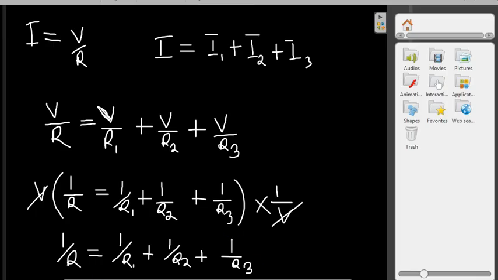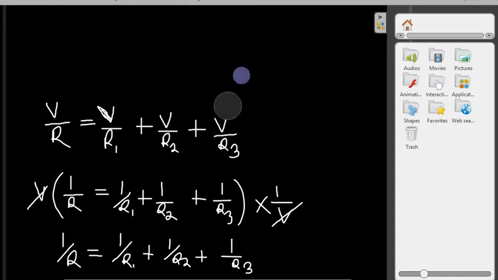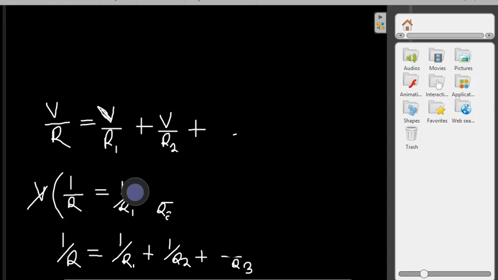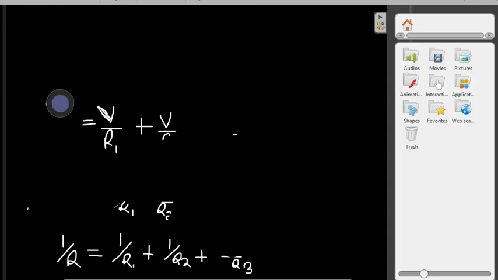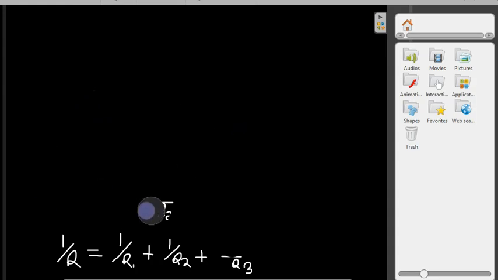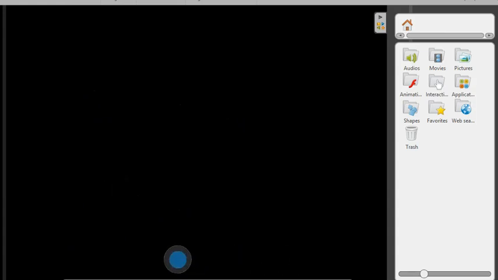Let's create space first. Remember the equation we came up with. Since this time we are dealing with only two resistors, we will not use the whole lot of the equation, but we will use it in its simple form. Okay, so we have two resistors that are connected in parallel. One is a 6 ohm resistor and the other one is a 4 ohm resistor, and they are connected to a 24 volts battery.